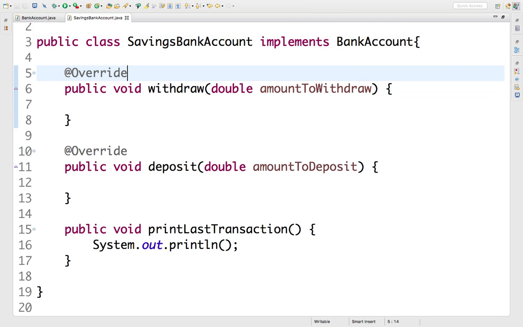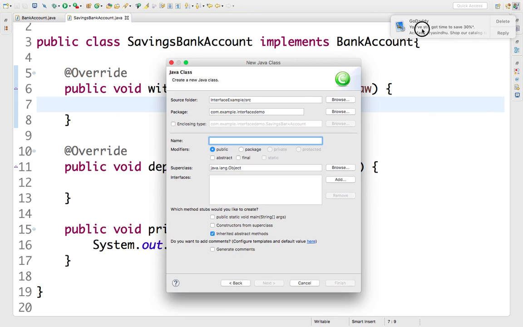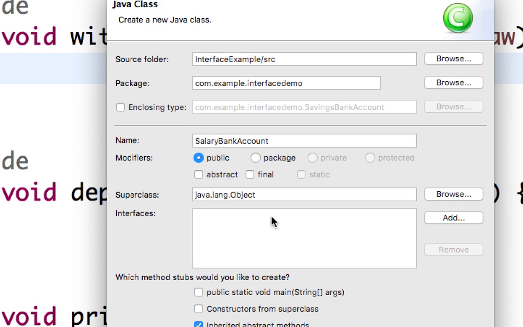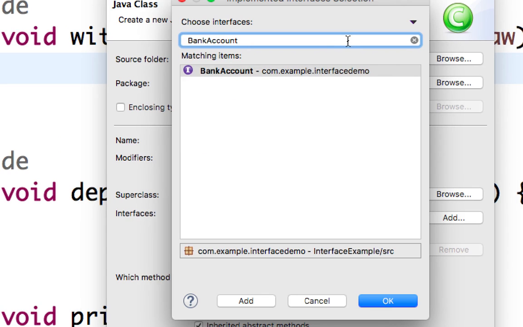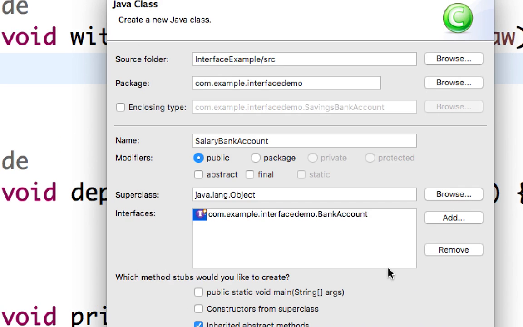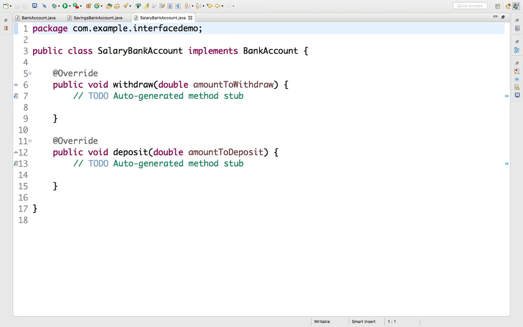So now what I'm going to do, I have created one class savings bank account which is implementing the bank account interface. I'm going to create another such class which is going to implement the bank account, but it's going to have a different type. So for example, salary account. This is salary bank account, and I'm going to implement the interface bank account. So select this, click on OK, and you can click on finish. Now this is a salary bank account. It has by default all the methods